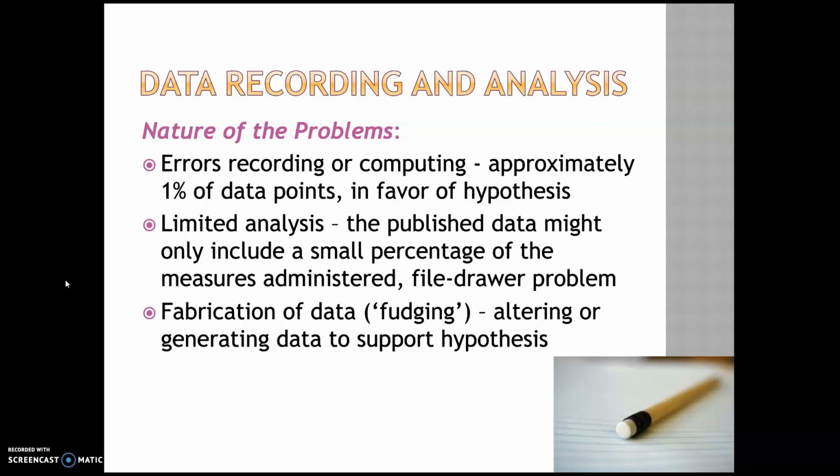right? 1%, you might think, oh, who cares? 1%, that means 99% is good, viable data. Yes, but if you're dealing with a data set that has, say, 100,000 pieces of data, which is not uncommon, you're talking about 1,000 pieces of data that are incorrect, right? So it starts to build, and if you look at national data or government data, we're talking about millions of pieces of data, and at that point, we're really getting a lot of erroneous data.